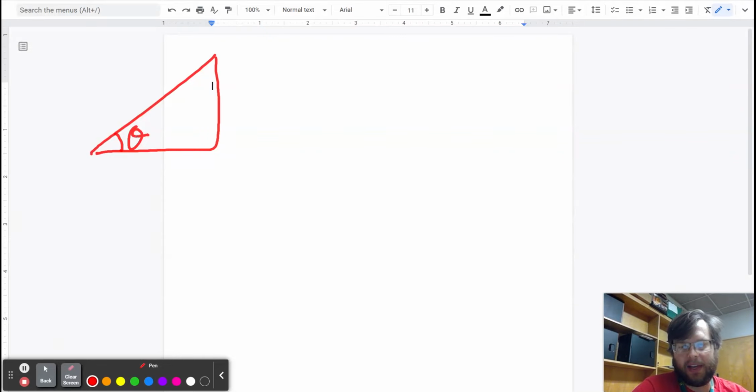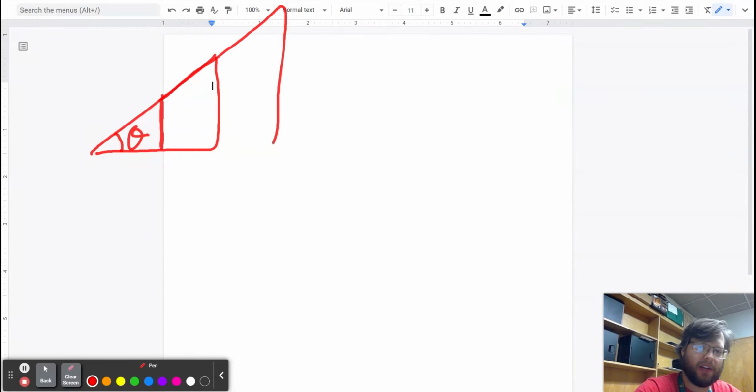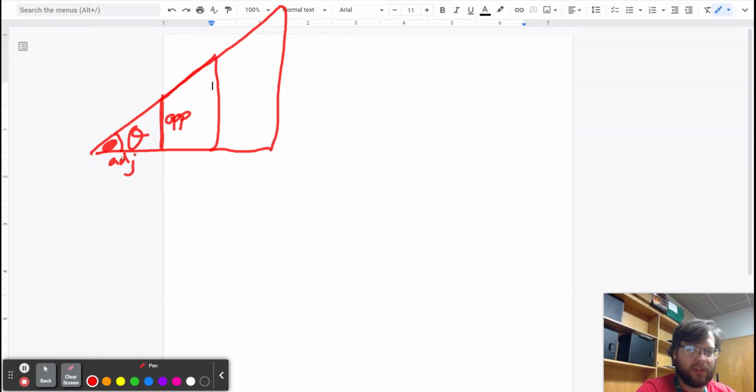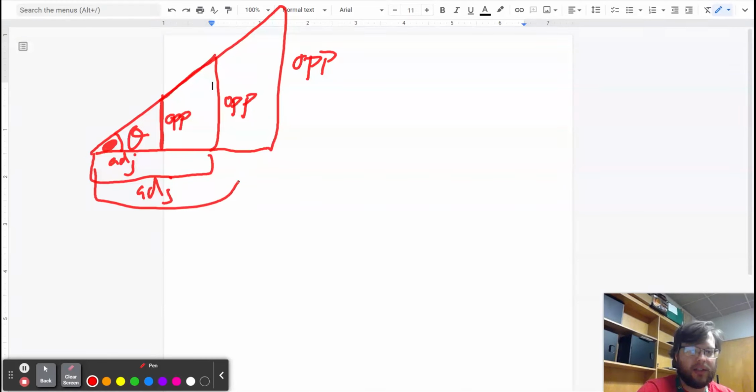And that was the whole idea behind that investigation where you were trying to have the little triangle inside of the bigger triangle. And you could imagine if I extended it out, there'd be even bigger triangles. The whole idea is that if this is my angle right here, if I divide the vertical side by the horizontal side of the little baby triangle, and if I divide the vertical by the horizontal of the medium sized triangle, and if I divide the opposite and the adjacent of the huge triangle, I'm going to get the